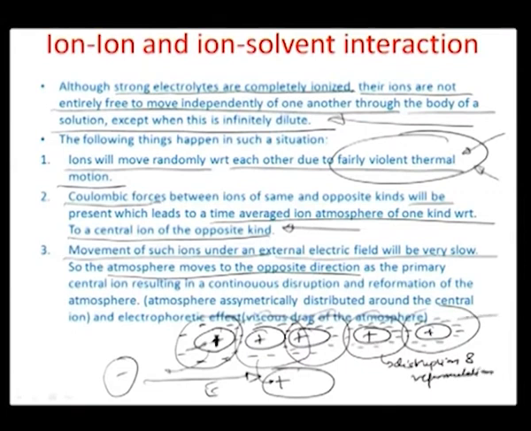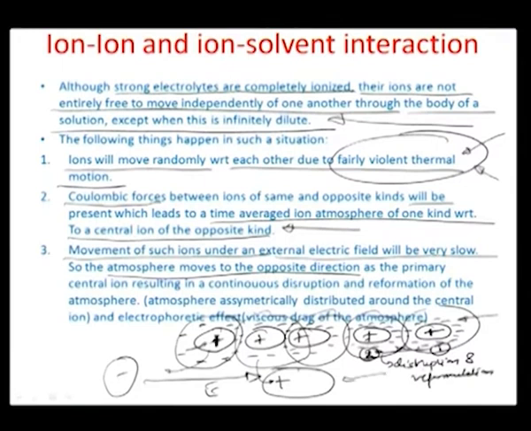in the ion atmospheres with respect to the central ions. So for example, when they start moving, these negative ions are going to get reformulated into the cloud of this second positive ion, right? From the first positive ion it moves to the second positive ion, and so on and so forth. So there is an assemblage of charges which gets disrupted from the ionic environment of ion 1 into the ionic environment of ion 2 and vice versa, and that happens all the way throughout the solution.